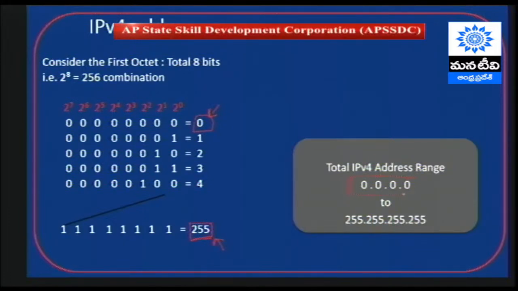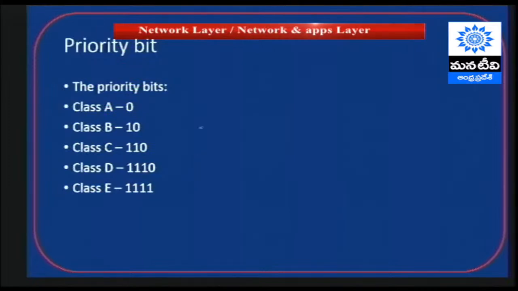So the starting IP address will be 0.0.0.0, starts here and then goes on up to the last address, which is 255.255.255.255. This is the starting address and this is the ending address, and in between these we have these 5 different classes, and these 5 classes are derived from the priority bit, and the priority bits for each class are